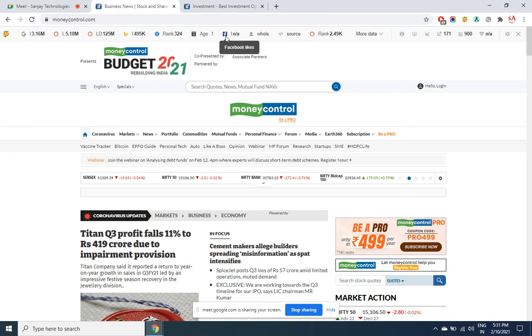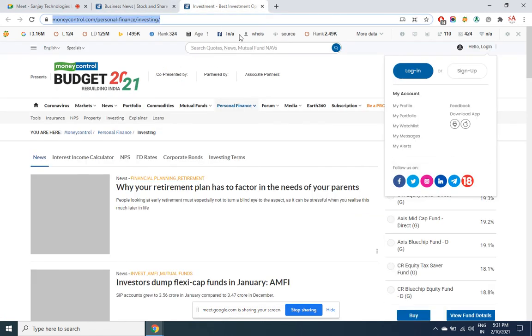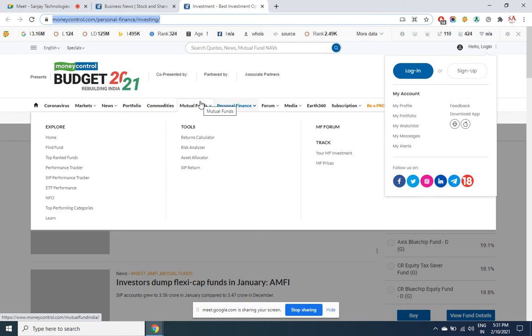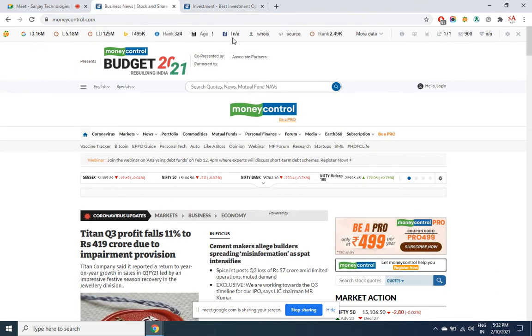The next parameter. Again, this one also is showing not available. You'll have to update the toolbar. This will tell you how many likes the page has got on Facebook, how many link shares there are of this particular page on Facebook. So that will tell you the power of SMO, social media optimization. So how do we get that? In Step number 4 in off page we are going to discuss it. But when this number is high, it means that the site is very popular in the social network.